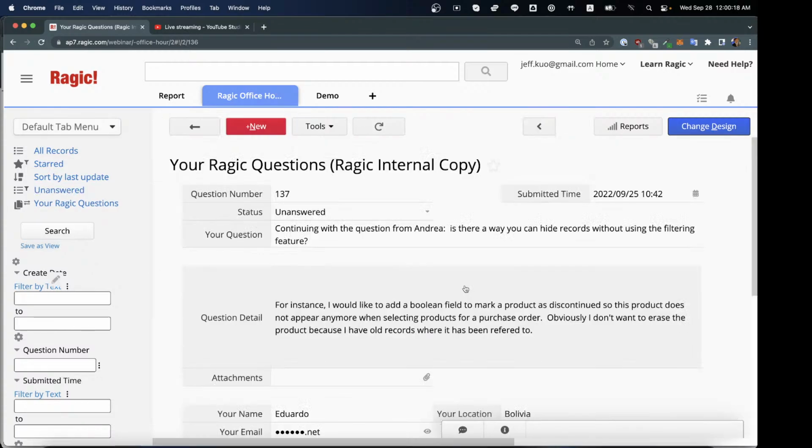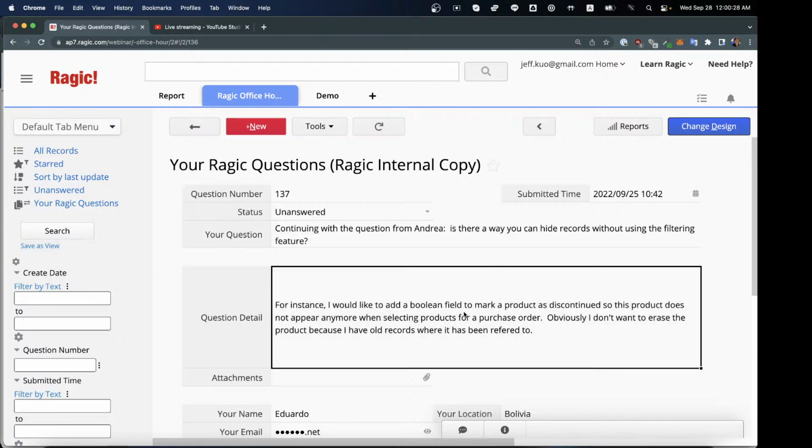Question from Andrea. Is there a way you can hide records without using the filtering feature? For instance, I would like to add a Boolean field to mark a product as discontinued, so this product does not appear anymore when selecting products for purchase order. Obviously I don't want to erase the product because I have all records where it has been referred to. Well,